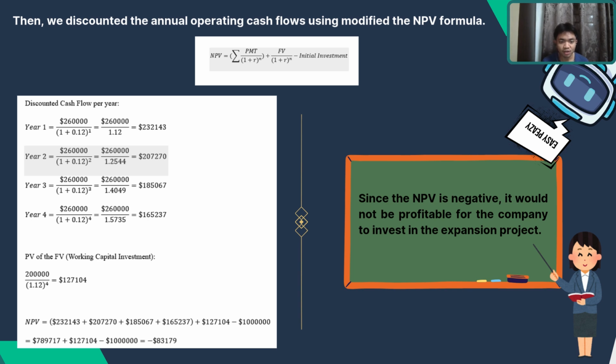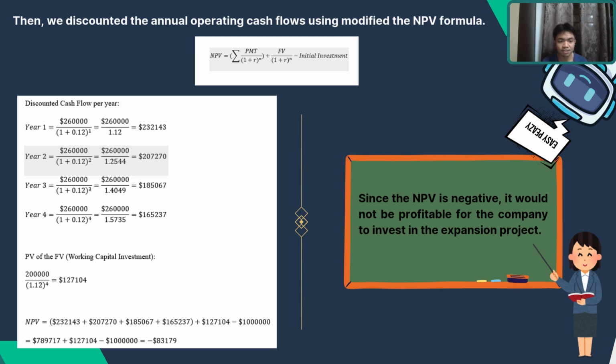For year 1, we got 232,143. For year 2, we got 207,270. For year 3, we got 185,067. For year 4, we got 165,237. Then we find the present value of the working capital investment, which is 137,104. Then, based on the calculation that we already did, we compute it into the modified NPV formula, which is